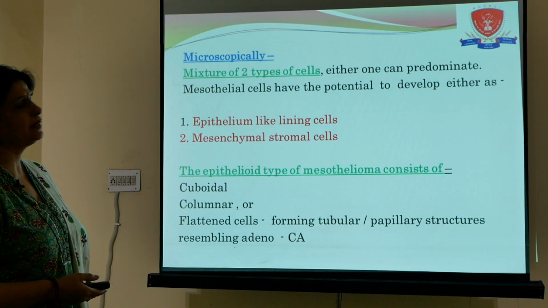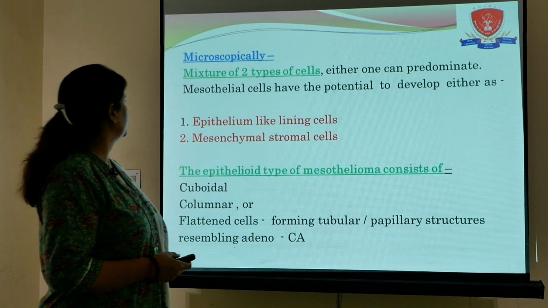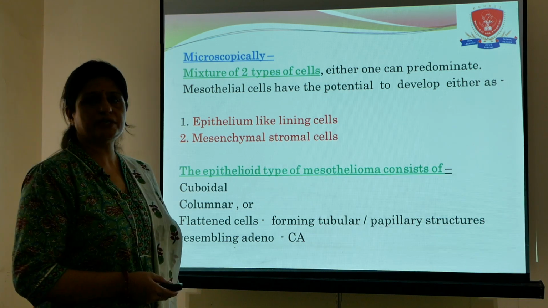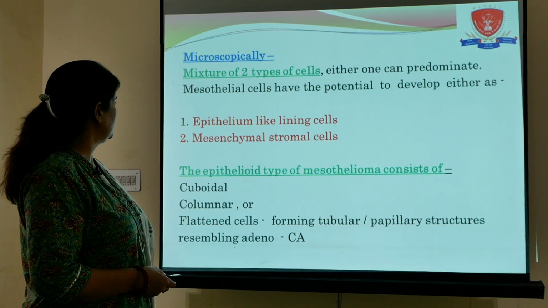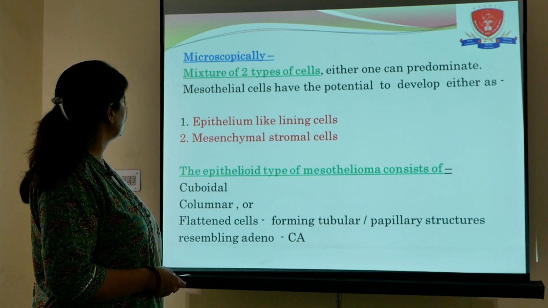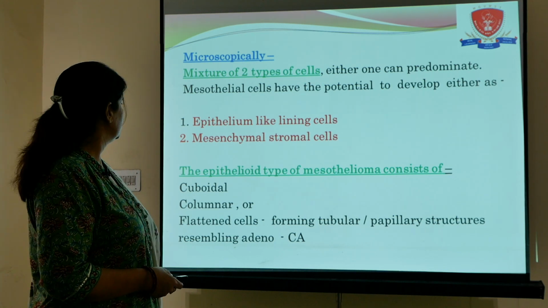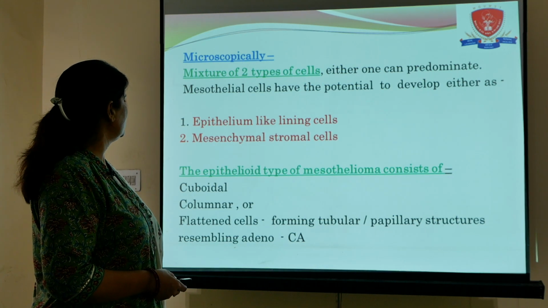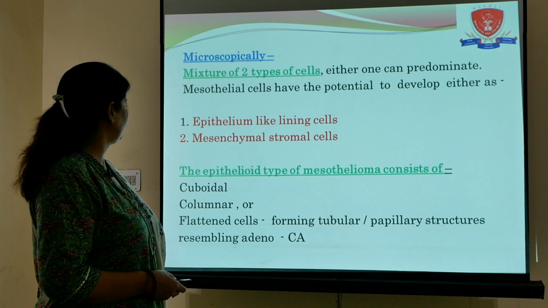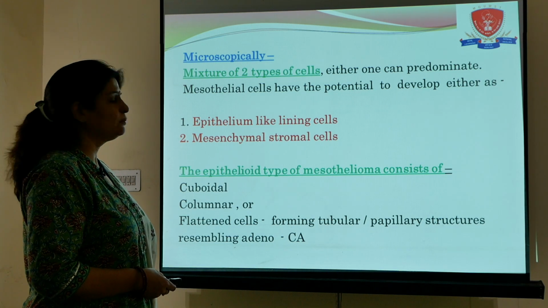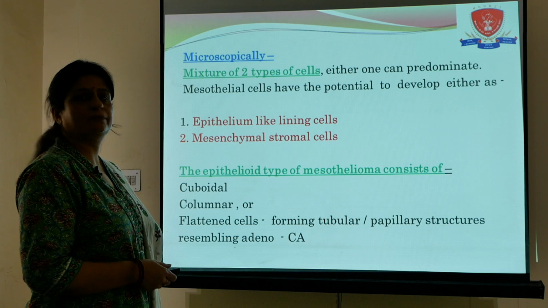Microscopically, there is a mixture of two types of cells, and either one can predominate. Mesothelial cells have the potential to develop either as epithelium-like lining cells or mesenchymal-like stromal cells. The epithelioid type of mesothelioma consists of cuboidal, columnar or flattened cells forming tubular or papillary structures, and they resemble